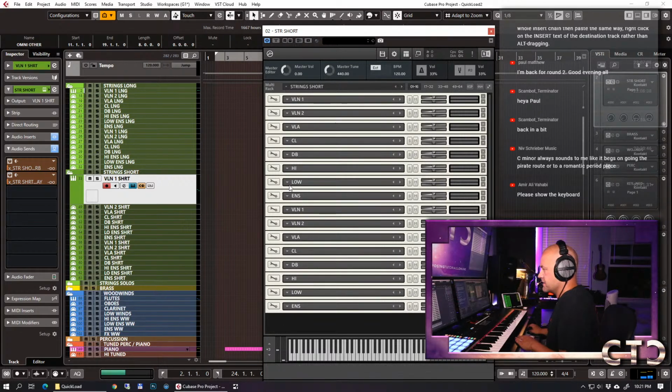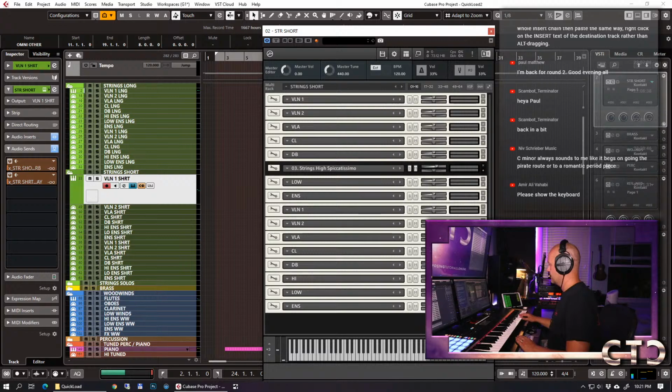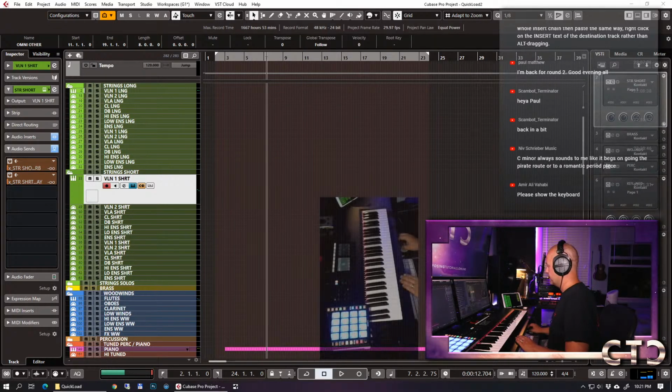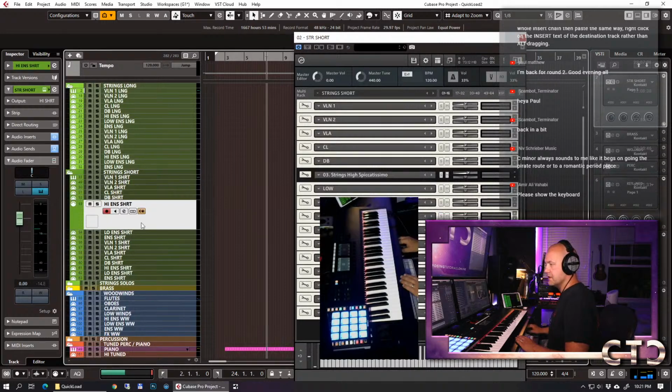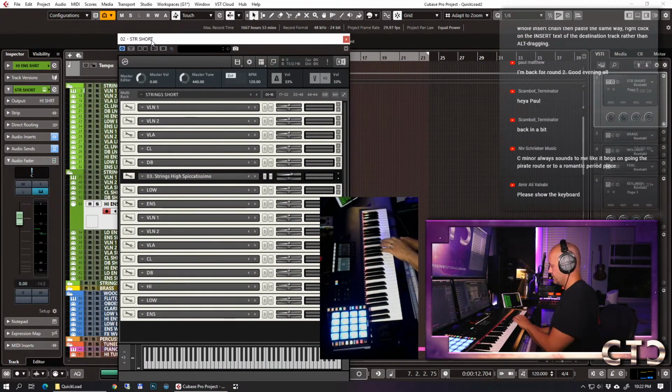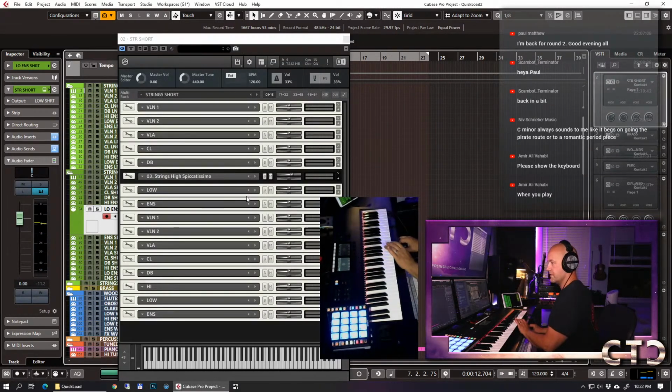Go to the high ensemble and load something from Orchestral Tools. Maybe the... please show the keyboard. Okay, there we go. With keyboard view now. So go to high ensemble. Oh, there's so much noise in the patch, but